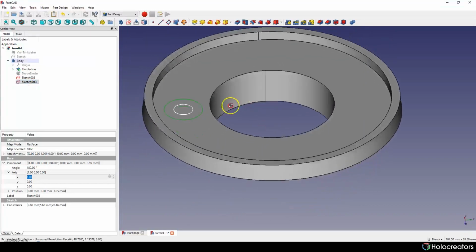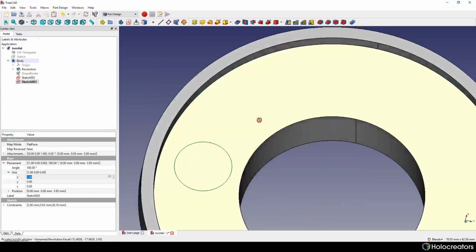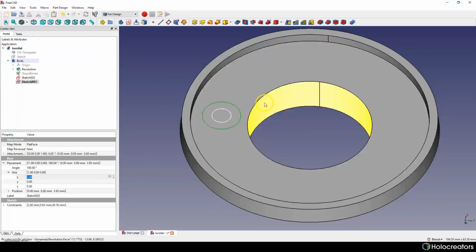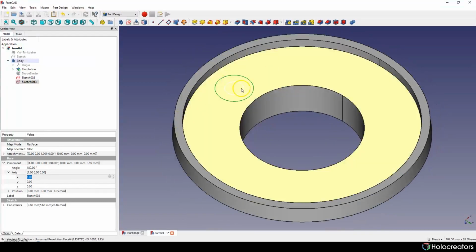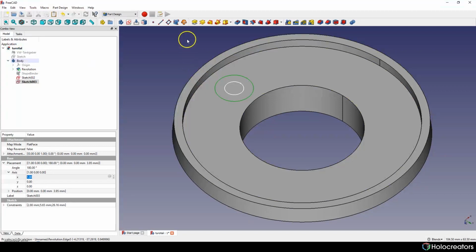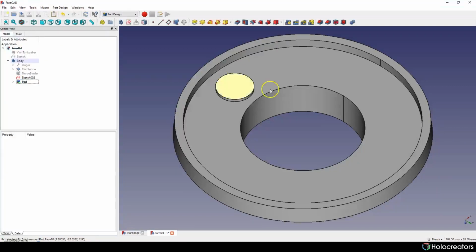Now we can start by first extruding this circle on our surface. To do this, we can simply use this function. Let's put 1 millimeter here and hit OK.